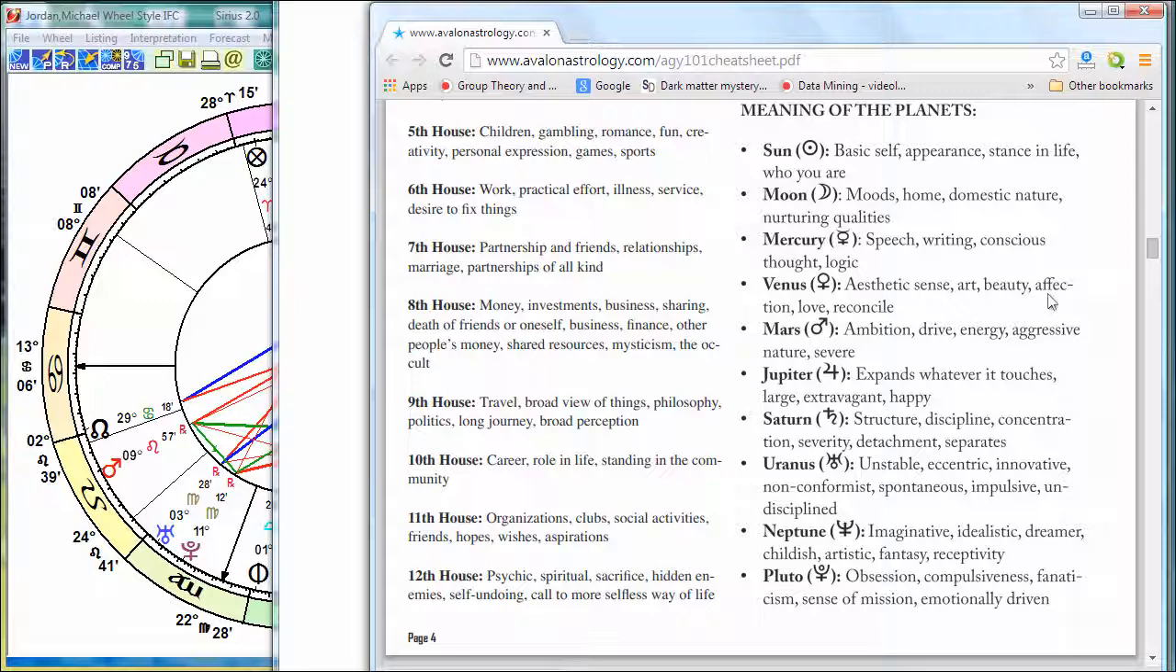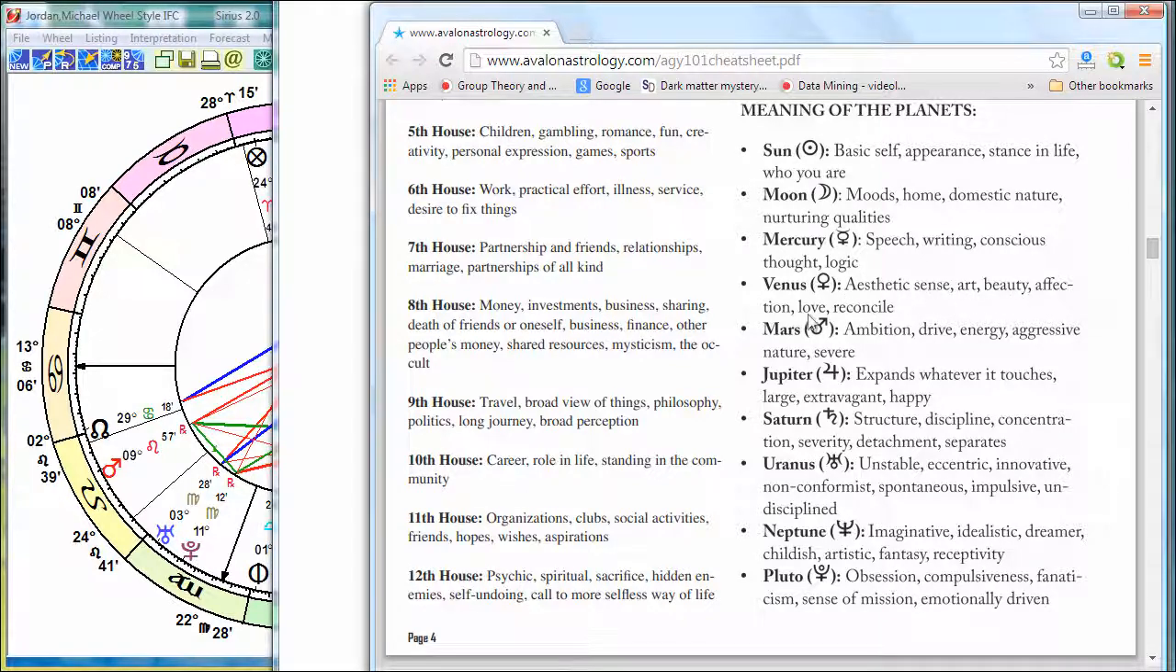Art, beauty, affection. We use these words like masculine and feminine in astrology in a traditional sense. It doesn't mean that all men are a certain way or all women are a certain way. You just take it more symbolically to get the feeling for it. Okay, so Venus,